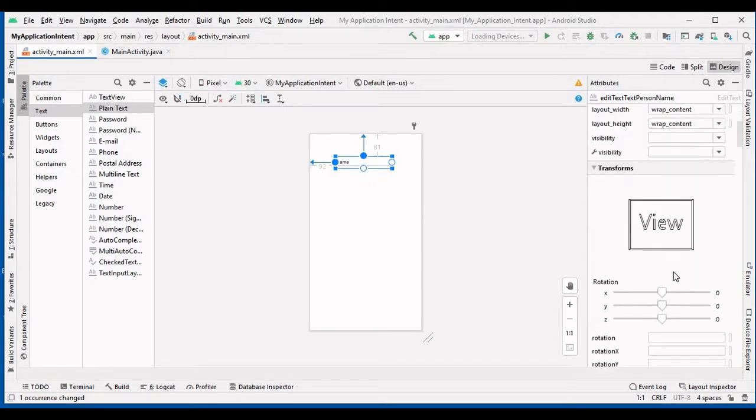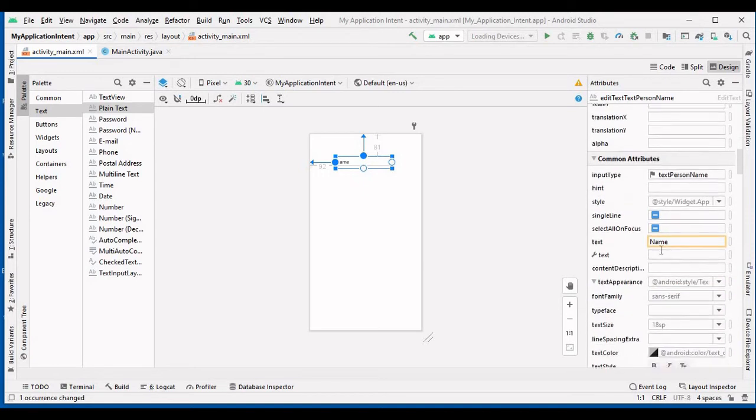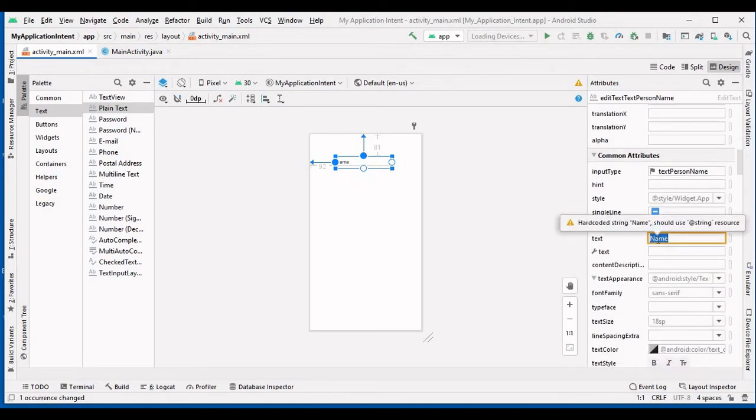Next, I will set some more properties. I will erase this from the text, and in the hint I will write enter name. Through the input type you can set the input type. Suppose you want to enter the phone number, at that time set input type equal to phone number.